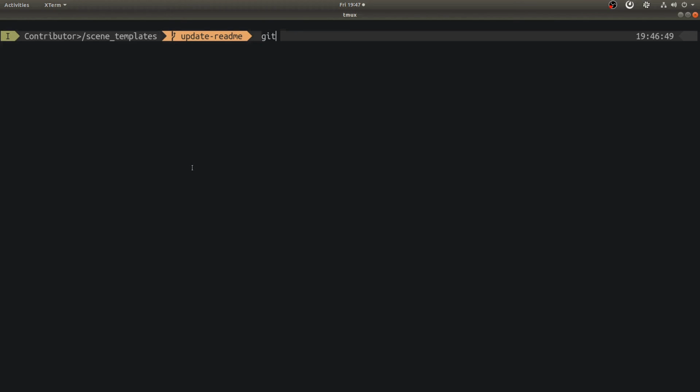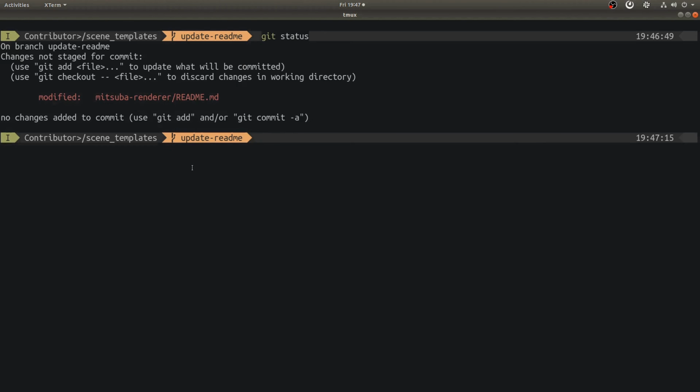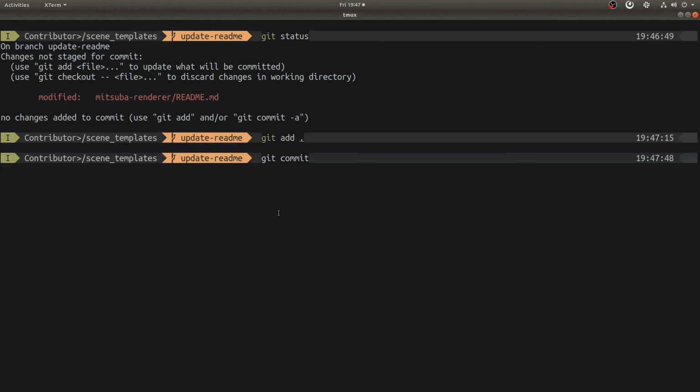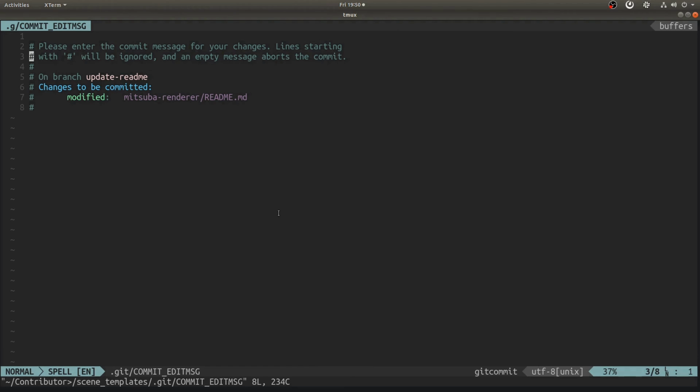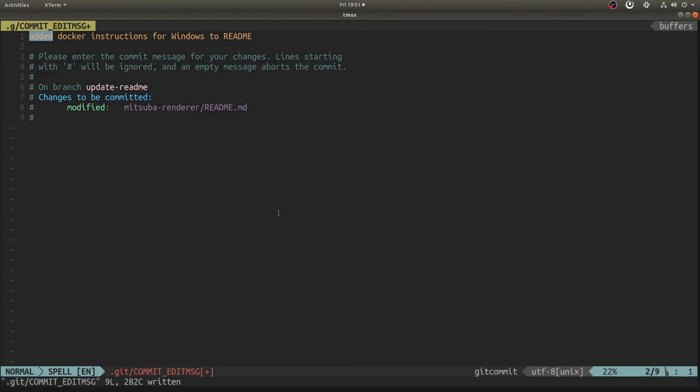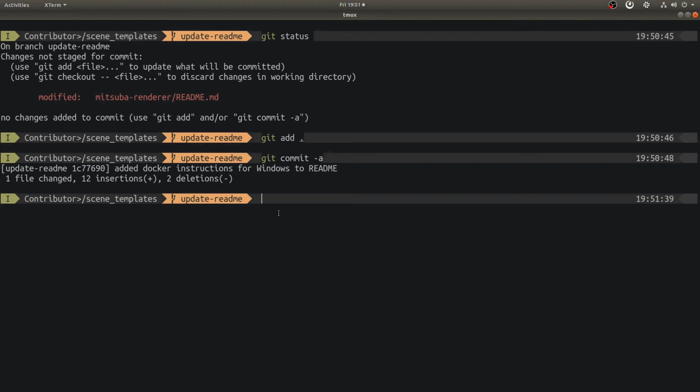We can get an overview of the changes by using git status command. This is the file that I have changed. While making a commit, I first add it and then commit it. You may use any other procedure that you are used to. Let me add it so the changes have been staged, and now I'm going to commit it. Once the changes have been committed, you have to push this branch, which can be done using git push origin.